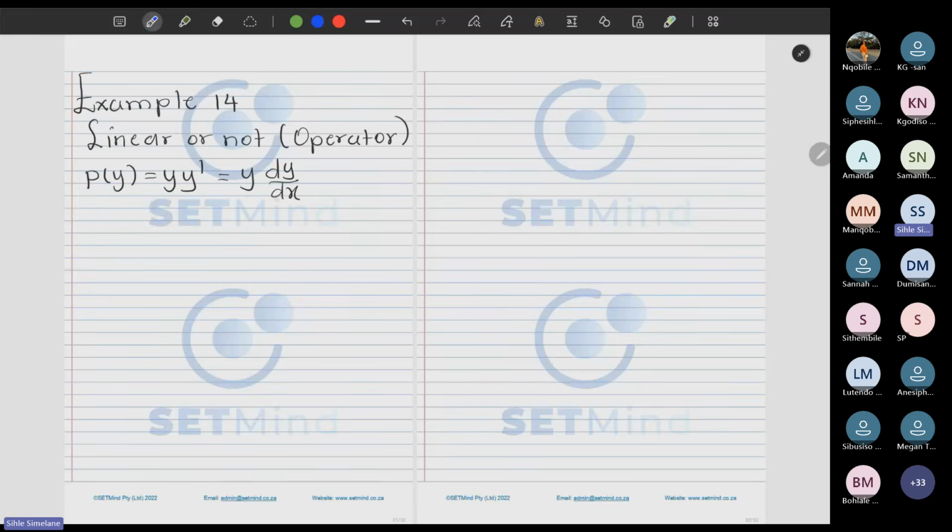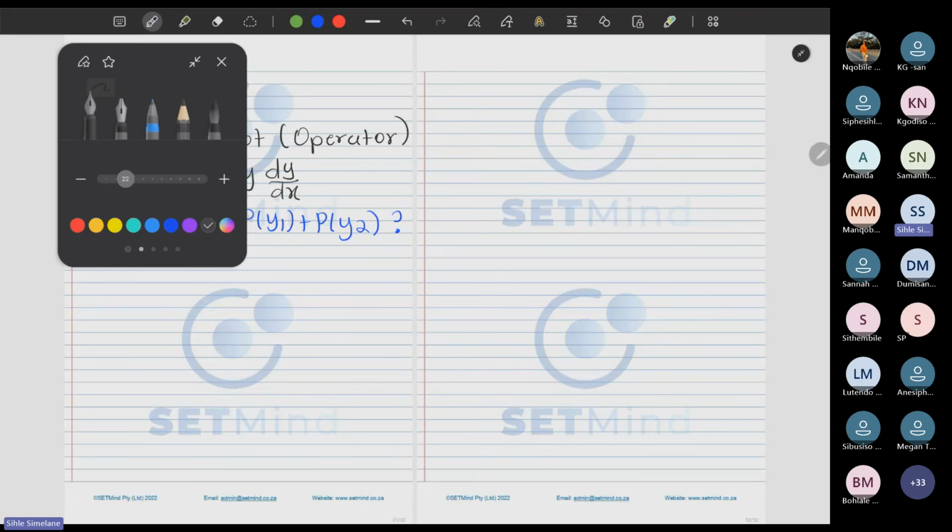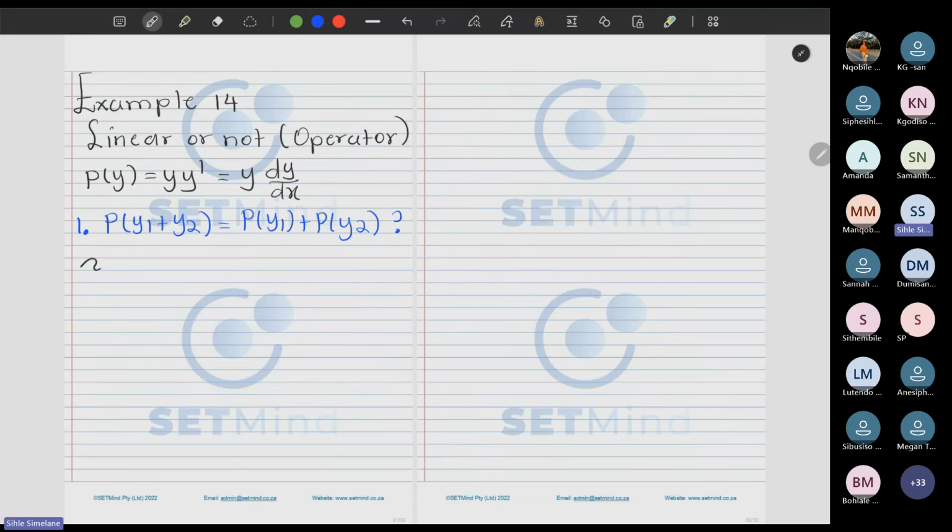So we'll try the first test. What does the first test say? It says go and try and put in y1 plus y2 and see if the answer which you get is p of y1 plus p of y2. Okay, this is the first test. So wherever we see y, we are going to put y1 plus y2. So we'll have p of y1 plus y2 equals, wherever there's y, y1 plus y2, and then the derivative